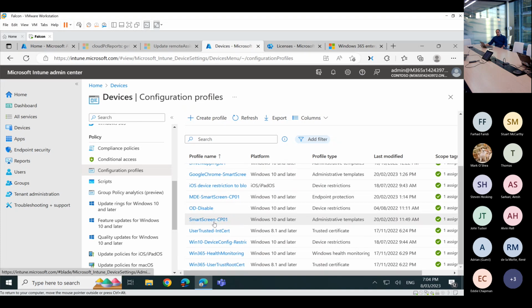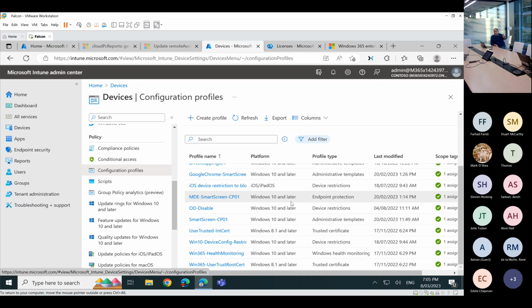Smart screen, that is for the Defender pieces, a much later topic for a future day discussion, if there is a lot of interest in the benefits when you integrate it well with Microsoft Defender for Endpoint. So these are just showing you the options and trying to showcase that it has endless possibilities.